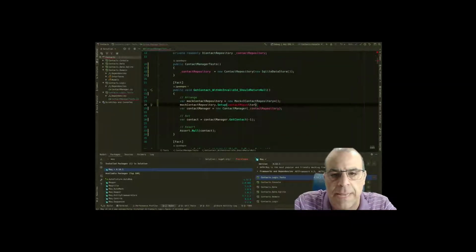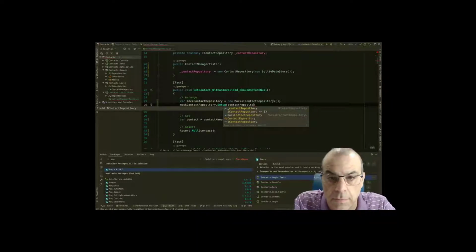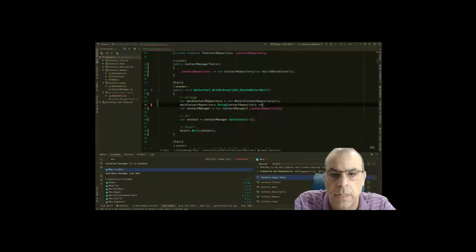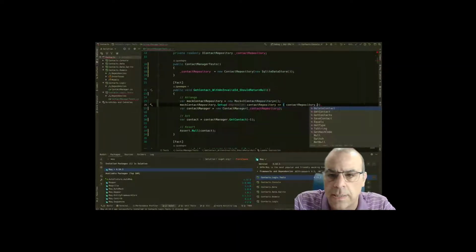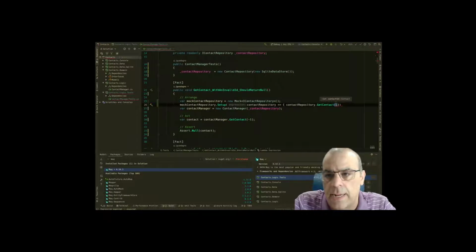This is going to pass in an instance of it, and then say whenever we get a call to contact repository GetContact, and we pass in an ID that is